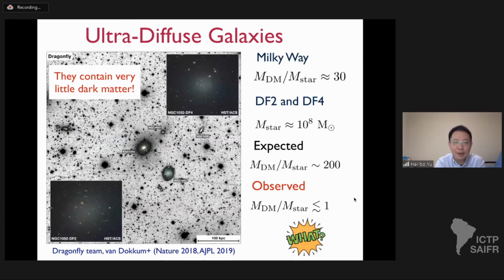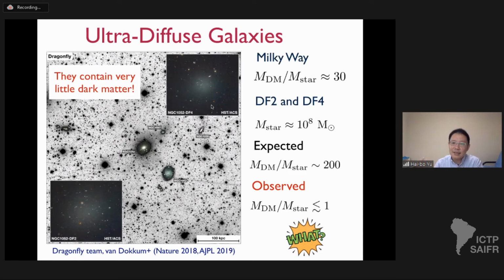Let's move on to think about two other systems. These are the so-called ultra-diffuse galaxies, which were just discovered a couple of years ago. These are the two galaxies discovered so far that contain very little dark matter. Astronomers show that you don't need dark matter to explain all the kinematic data. This one is called NGC 1052 DF2, named so because it is very close to the elliptical galaxy NGC 1052. This one is called DF4. These two galaxies contain very little dark matter.